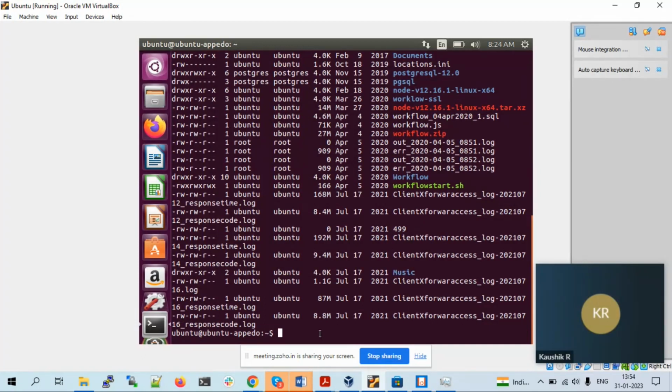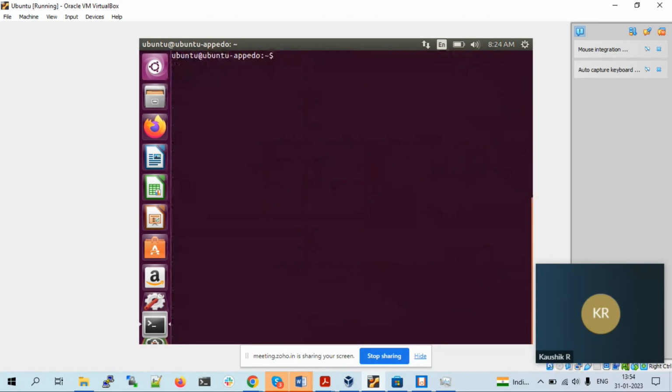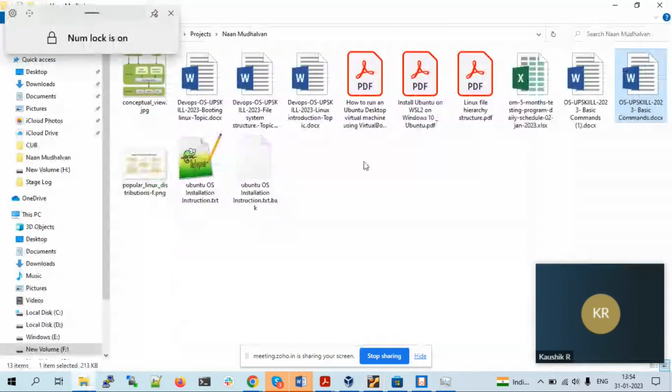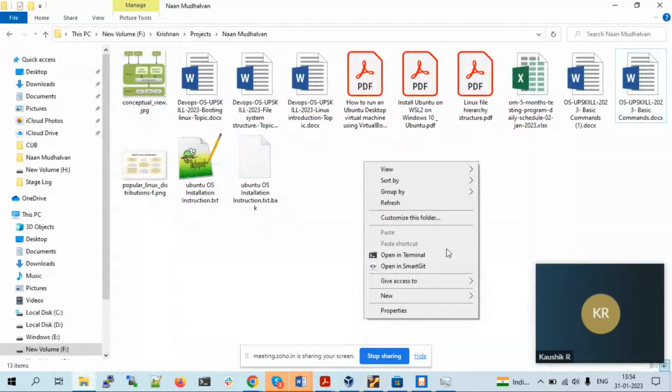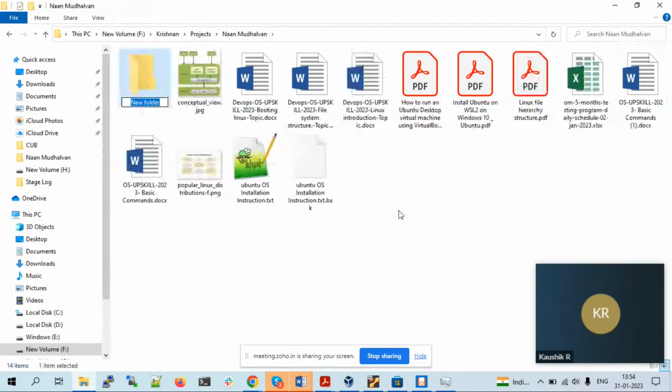So next we are going to create a directory inside the slash home slash Ubuntu directory. So I am clearing this. So in Windows, how are you going to create a directory? By right clicking, going to new, and going to folder. By doing this, you are able to get a new directory. In Linux,